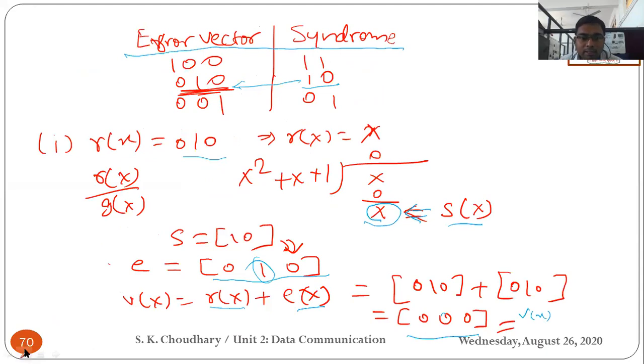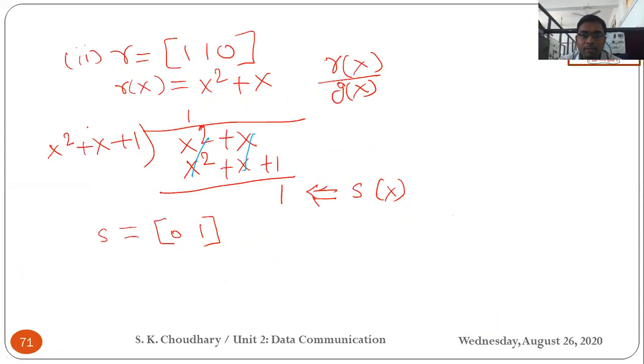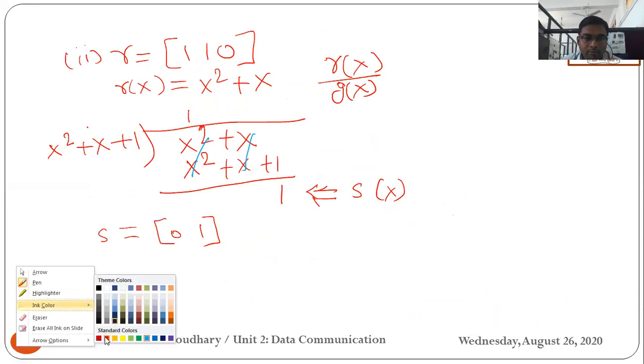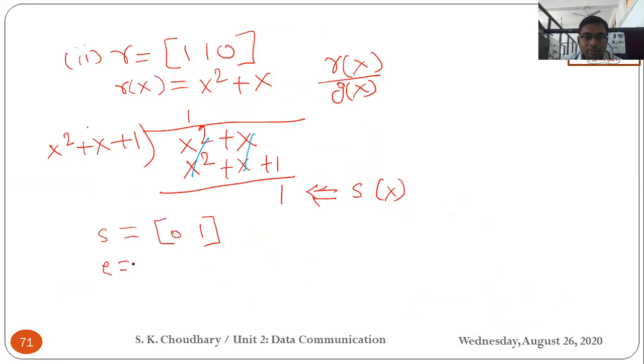So when you refer to this error table, for the syndrome of 0, 1, what is the error? It is 0, 0, 1, meaning in the LSB there is an error. So on the basis of this correlation, we define the corresponding error pattern, and it comes as 0, 0, 1. For this, Ex is equal to what? If you try to write the Ex, you can write that 1 is coming actually.